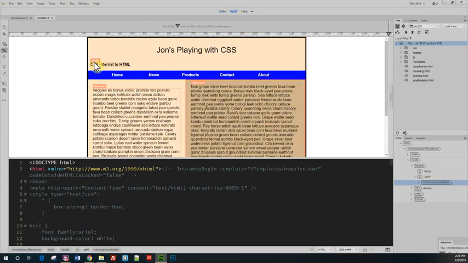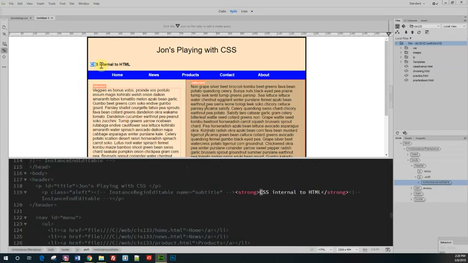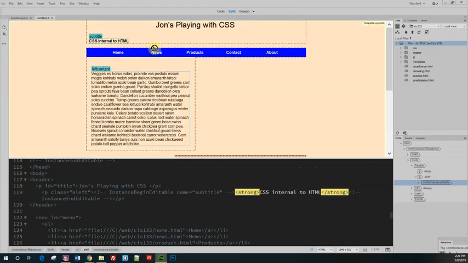And so the one thing I'm going to do is, for this first page, I'm going to go into design mode. Notice it won't let me change anything here. So I'm going to come up here and for the subtitle, I'm going to call it Welcome to Playing